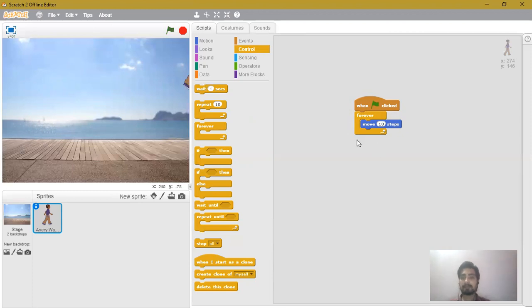So this is how we create the script, and whatever script you are creating should be created in the script area only. The middle section is the code block area where you get the different code blocks for your script. Then the top left corner is the stage on which the sprite performs the action related with the script, and the bottom left corner is the sprite and backdrop area from where you can select the different sprite and different background for your stage.